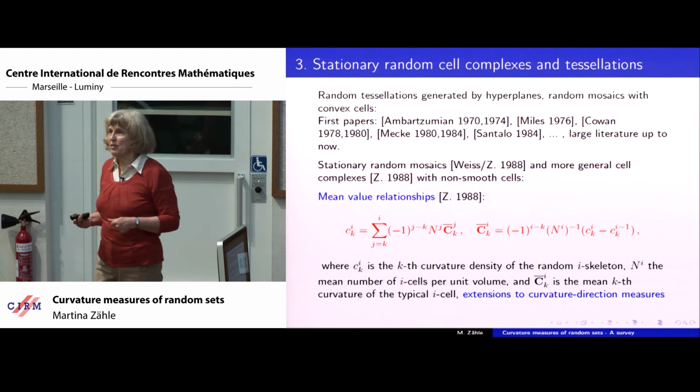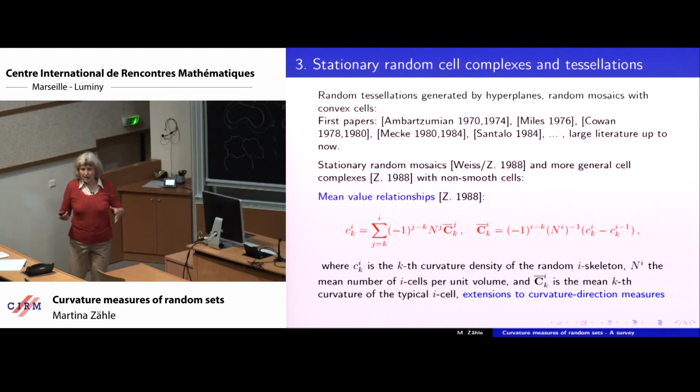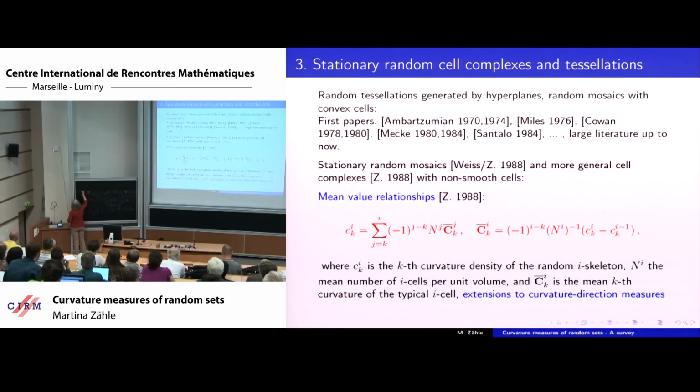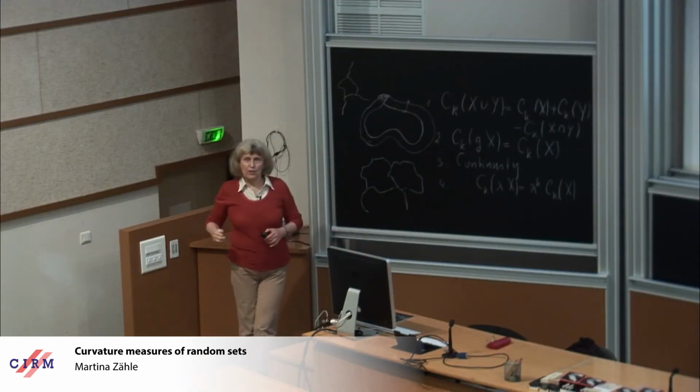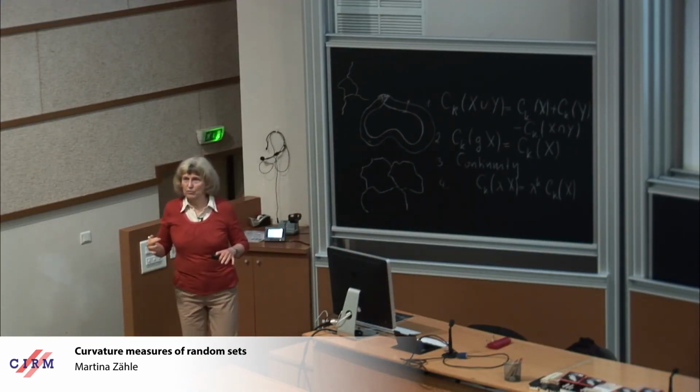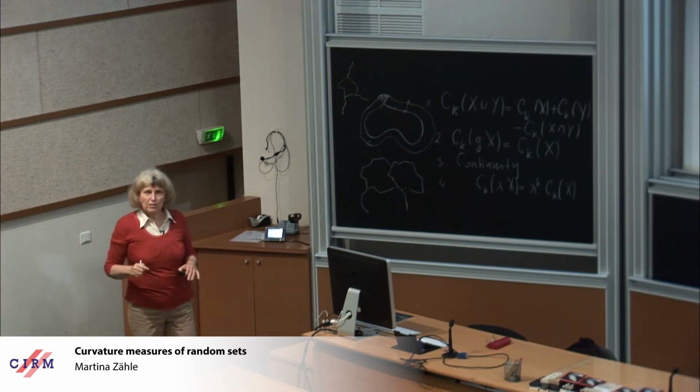And cell complex means you do not have a tiling of the whole space, or a tessellation, but you have only a complex of cells, and they can be different. You can have two-dimensional cells. You can have some one-dimensional, and so on. And you need only the topological structure of a cell complex. Maybe it's known to you.